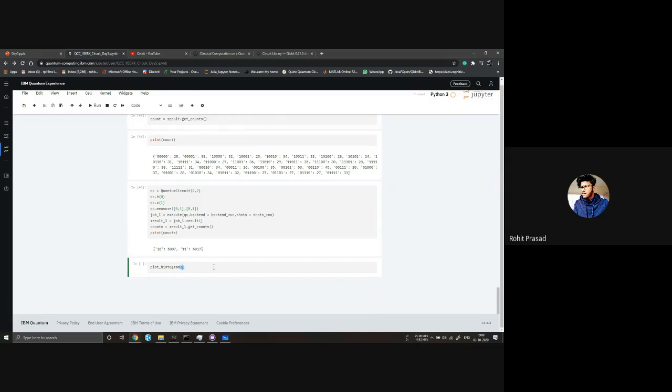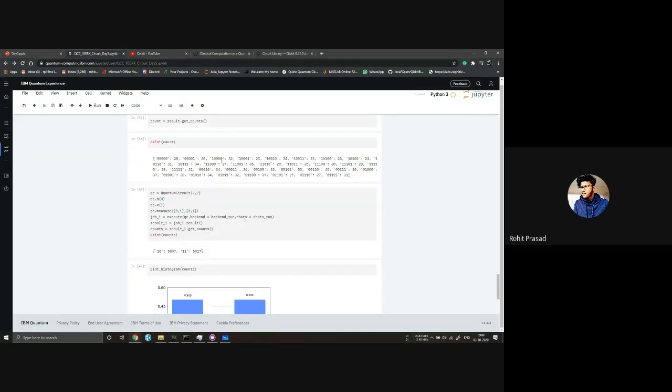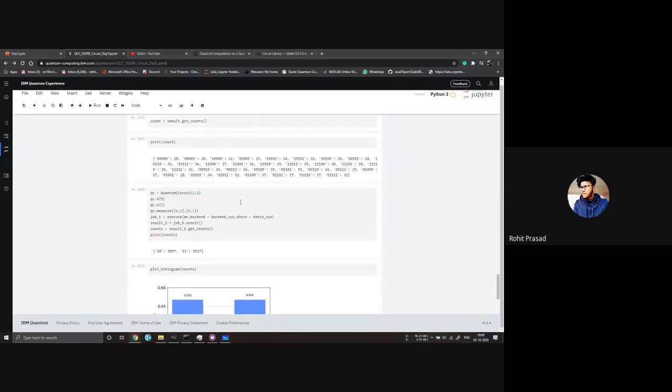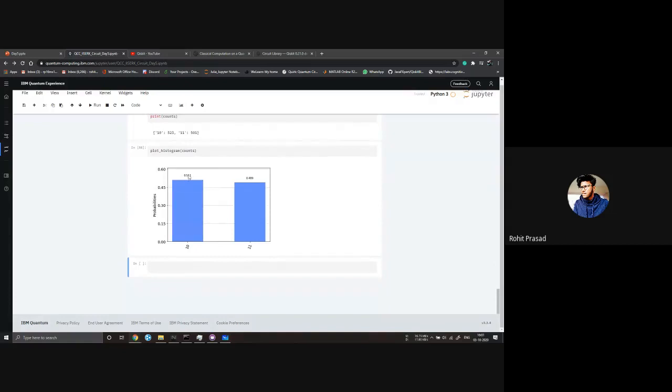We want it to plot counts. So it will plot the probability graph. So it's something like 0.5 and 0.5. Let's say we do it for 0 to 4. Okay, we make this also, this also. So now you will see that it's 0.511, 0.498.